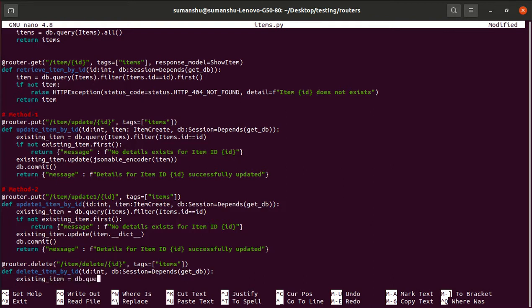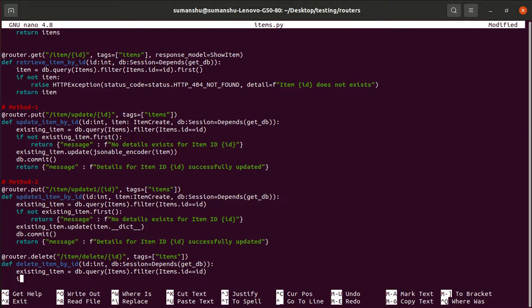So db.query, basically we are running the select query on the items table, and filter by, so the where clause is items.id equal to ID. Whatever the ID field is in the table, that ID should be equal to the ID which is passed by us.